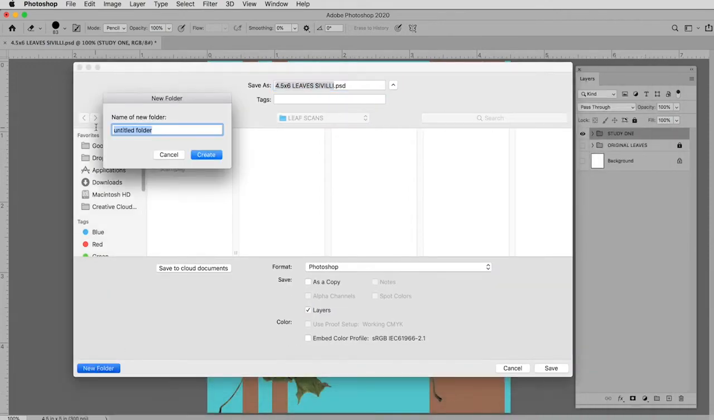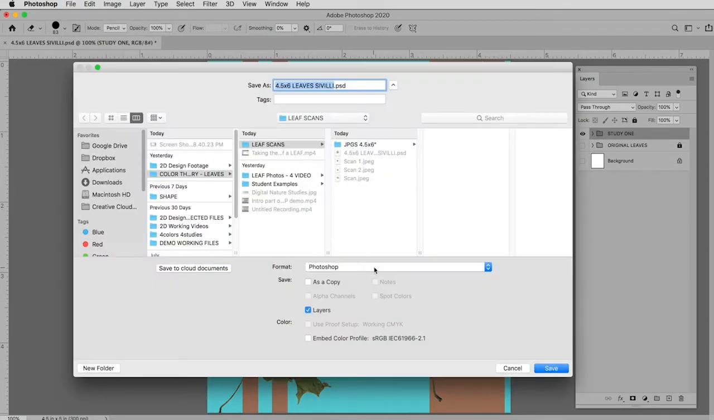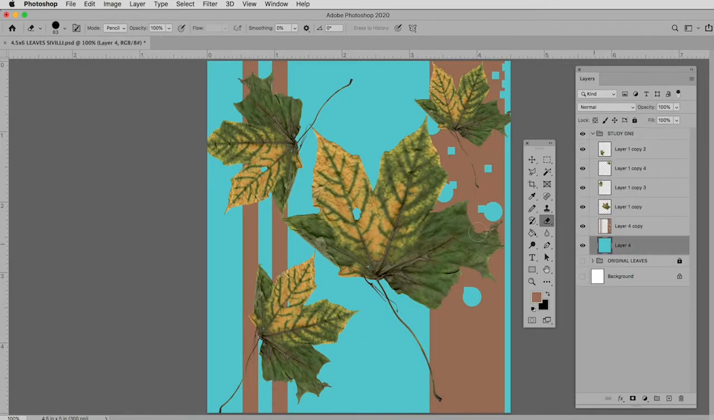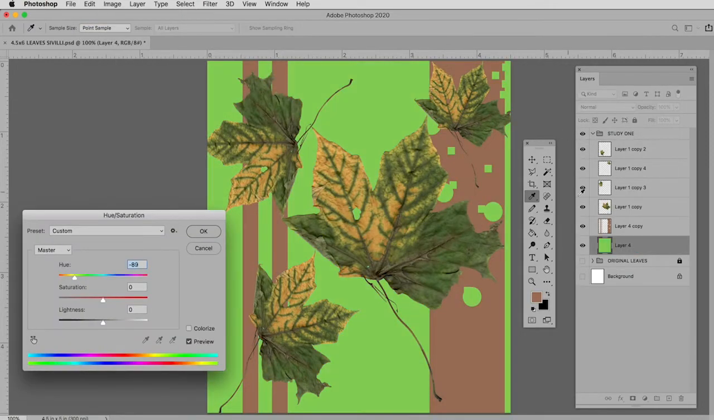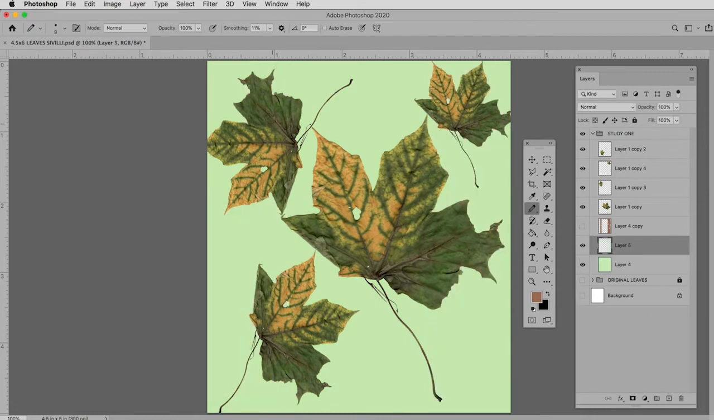When you're ready to save a version, you create a folder for your JPEGs and you can start to collect a whole bunch of images that you like. So once you like something, you can save it. Save it as a JPEG, put it in the folder, and then you can come back to the PSD. It'll just stay there, and you can start to explore different combinations, different colors,